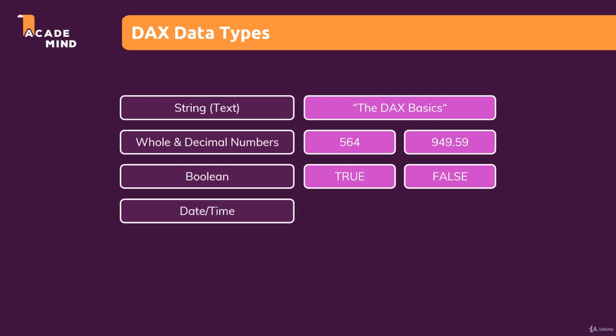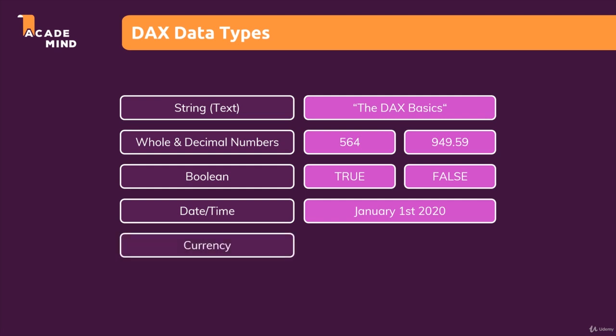We also have date and time functions already, so we can work with dates as we can see it right here. We will also work with dates, specifically calendars here, in the next lectures. And a quick note at this stage, we will also have a closer and more advanced look at dates in the advanced part towards the end of this course. Don't dive into this at this stage, because we first have to dive into the basics, of course. But in case you say, I want to know more about dates and time and also the so-called time intelligence, then this will be covered later in the course.